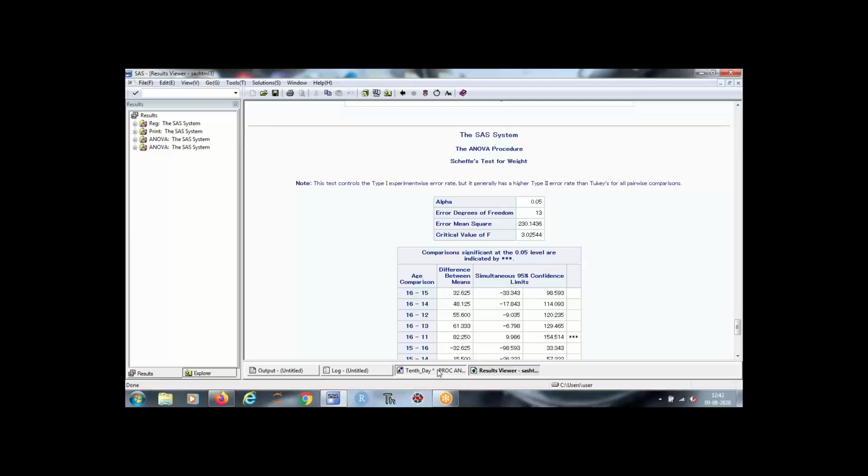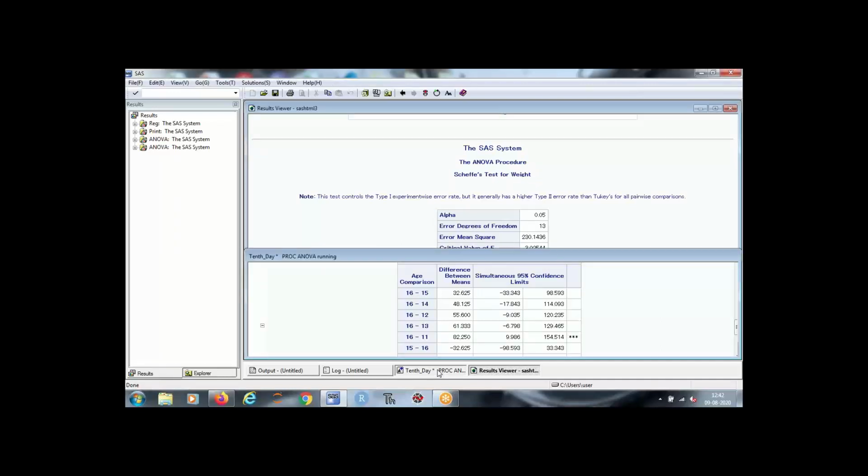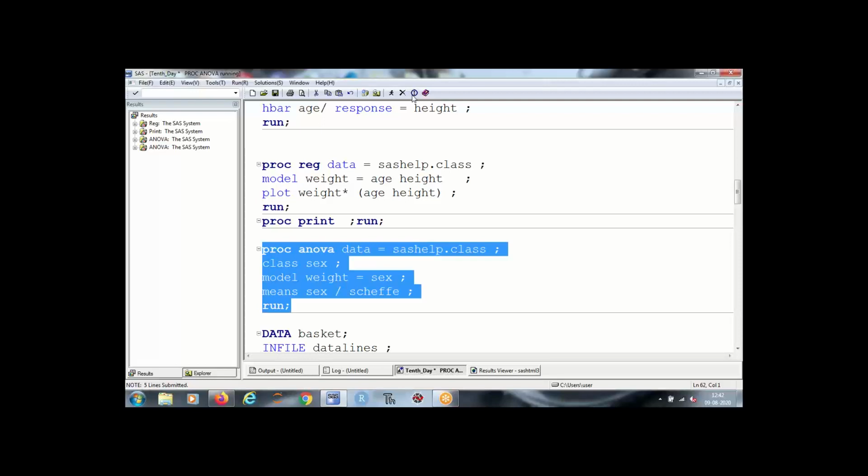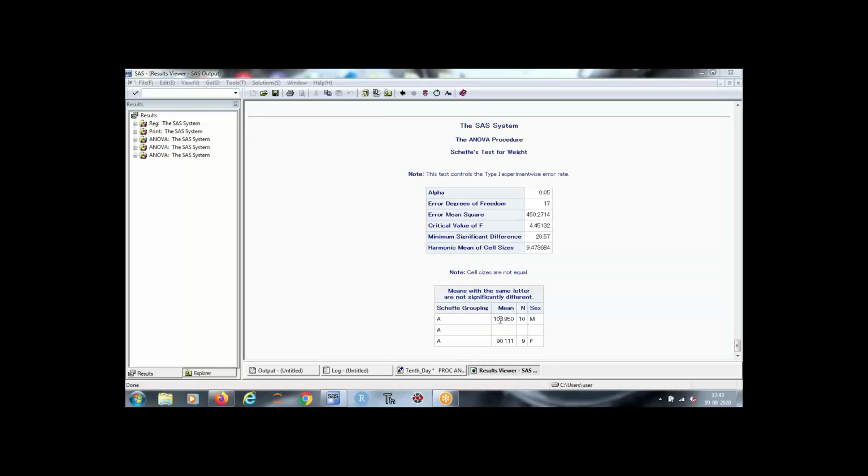And one variable should be discrete and another should be continuous. In this case we are checking whether the mean weight between male and female is different or not.